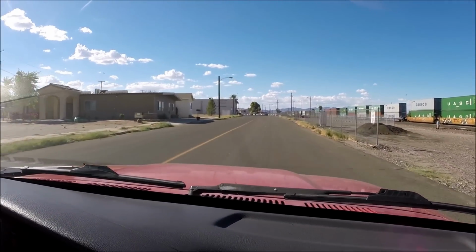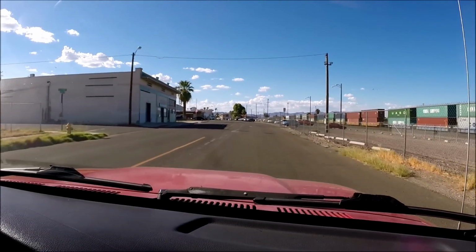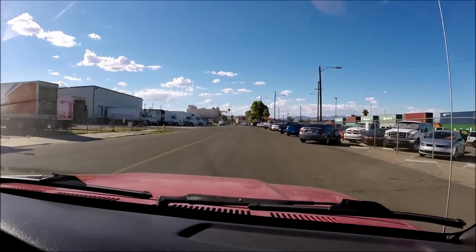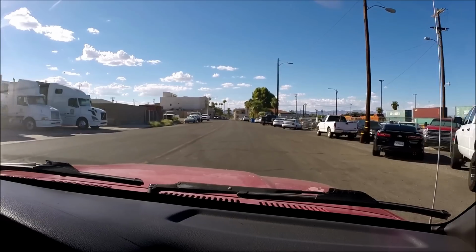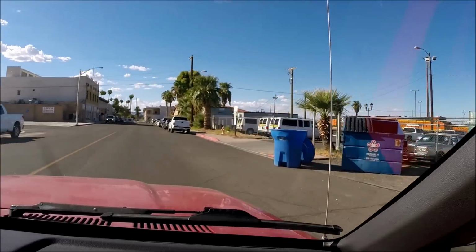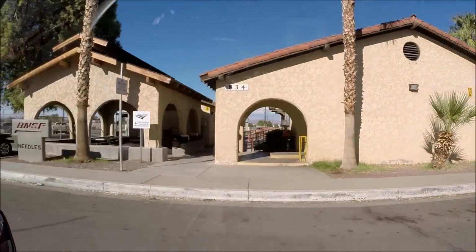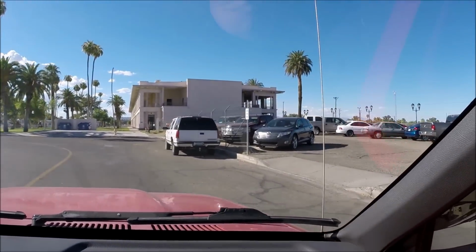Yep, this here is actually Route 66 as well. Old Route 66. Pre-1930 Route 66. And one of my favorite buildings in town is the train station down here. The actual train station you would use now is this building coming up right here on the right with the tile roof, right here amongst all the trees. Amtrak station. But this is one of my favorite buildings, and if I had the money to purchase this building,